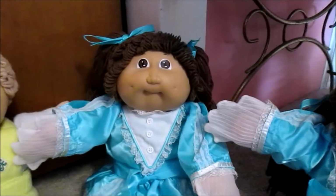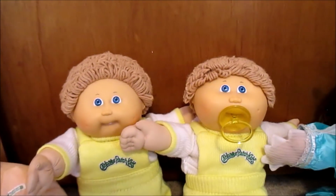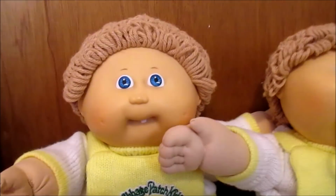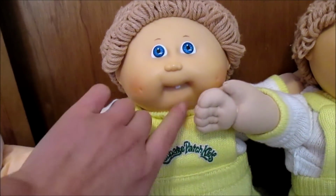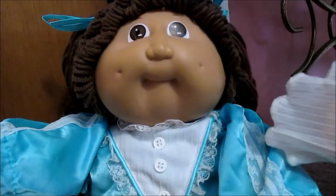I was a little hesitant because I'm like, I don't really need 2 of the same. But what sold me is that, first of all, some twins do come fully identical. These would be considered fraternal twins because their head molds are different. So this is my favorite head mold of Cabbage Patch dolls ever. It's the tooth mold, the number 5. Number 5. And Jenny also...